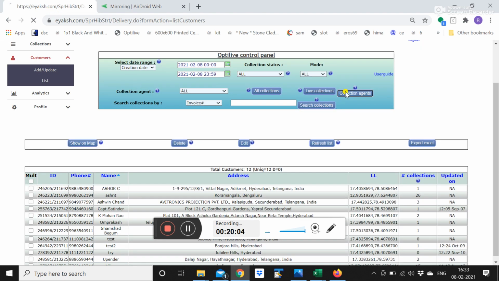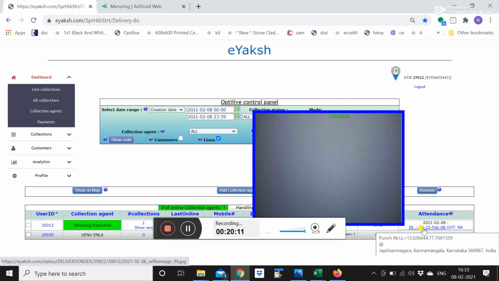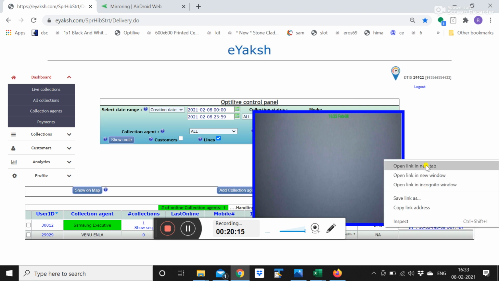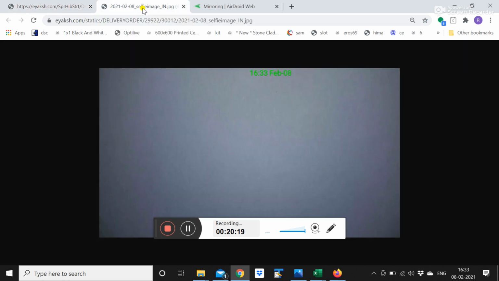That information comes under collections. So you can see punch in has been done and the timestamp has been captured. It is a selfie image, and whatever is the date and time, you can see it is 14:33, it was captured at 14:33.